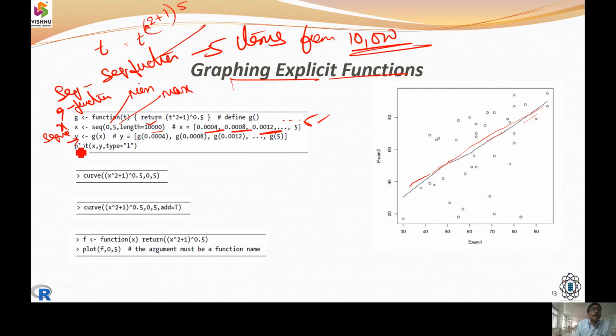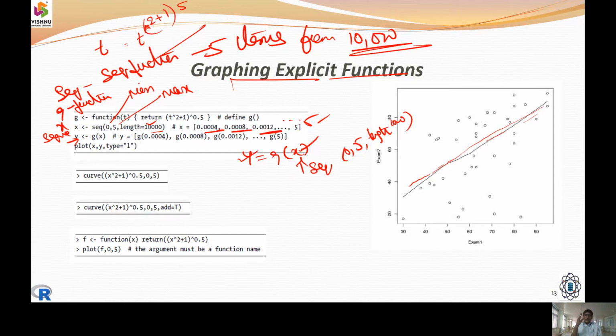Now, let us compute the value y. So, y we are going to say g of x. So, x is a sequence function between 0 to 5 with a length of 10,000, etc. We are deriving it. Now, we computed x. We computed y. Now, the vectors are ready.